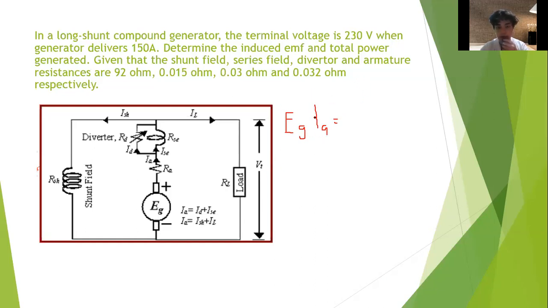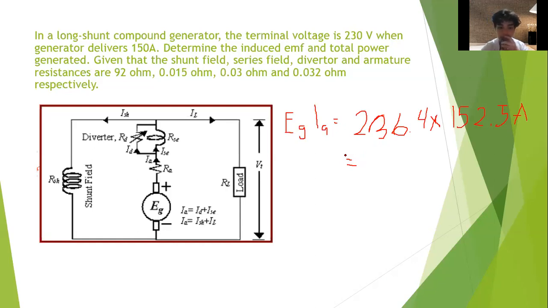So we will multiply the 236.4 volts, which we obtained earlier from the voltage generated by the armature, multiplied by 152.5 amps, which we obtained from the previously solved armature current, in which we use the shunt current with